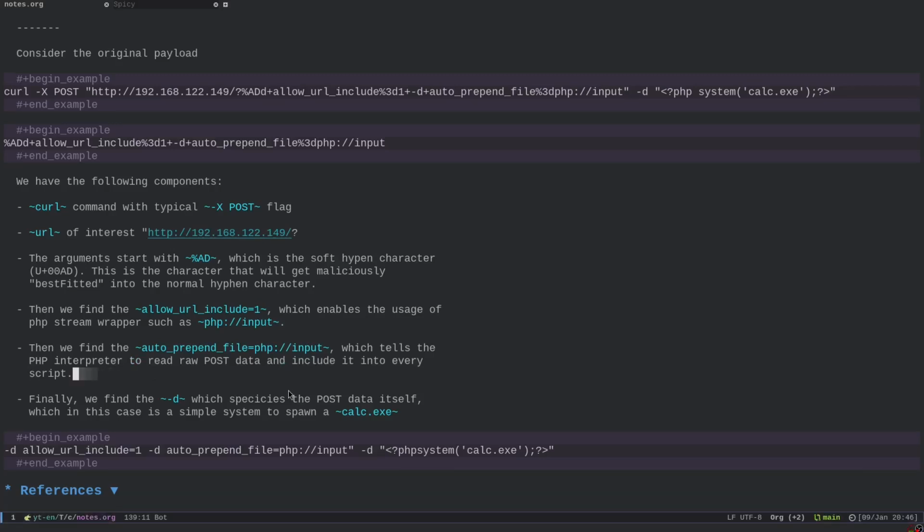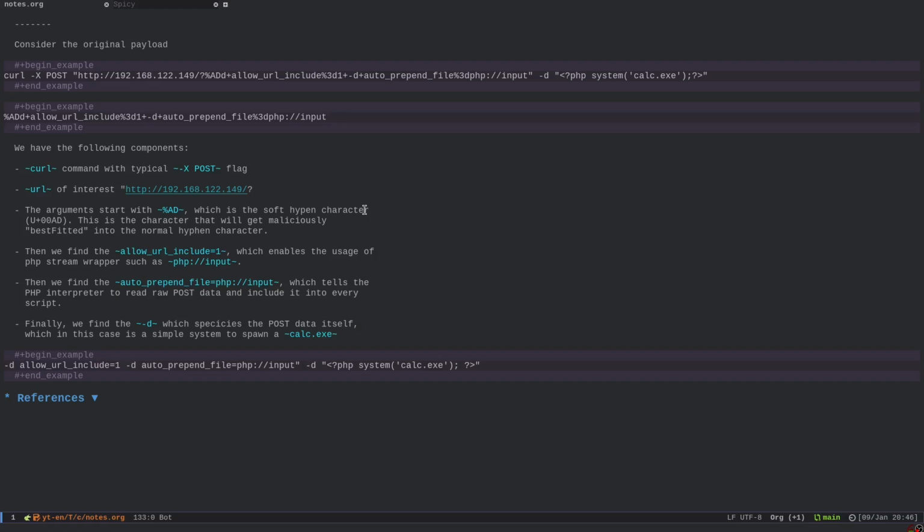And finally, we have the body itself of the request, which introduces the data we want to include into every script, which is the PHP system calc.exe. So that's the idea. We put a little bit of space and we're good. Essentially, we're passing an option to allow the include so that you can use php://input. Another option to say, hey, into every PHP file, include this thing that comes from the raw POST data. And then we put the raw POST data with the PHP code. With this, we're able to inject arbitrary code into the PHP context. So it's a very cool technique that you can apply every time you can control the options to the PHP